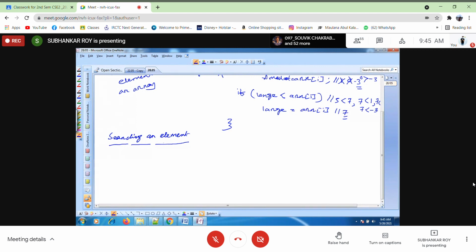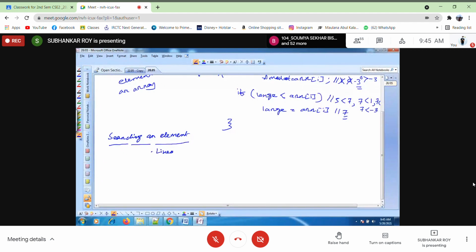So array will be completed by tomorrow, because although you will have a number of sorting techniques, we are not in a position to explain all of them right now. I'll be explaining bubble sort, selection and insertion sort. Although you have merge sort and quick sort, they will be discussed later. Let us focus on searching first.